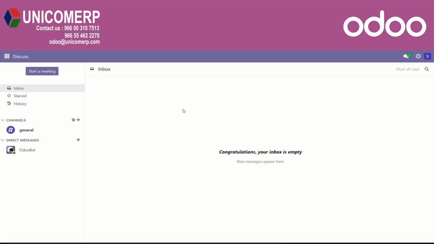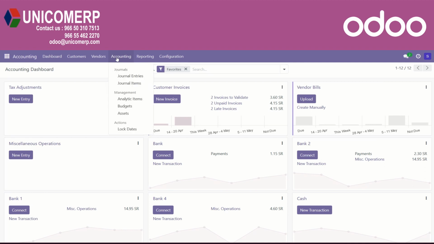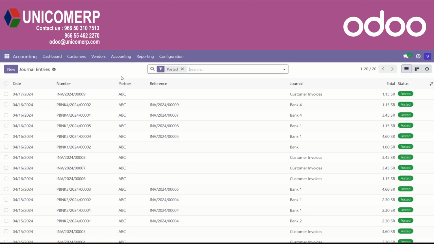Now we can check how to do a journal entry in Odoo 17. Users can access the Journal Entries platform through the accounting menu. Journal entries in Odoo's double entry accounting system include information about the date, amount, description, and references associated with a transaction.